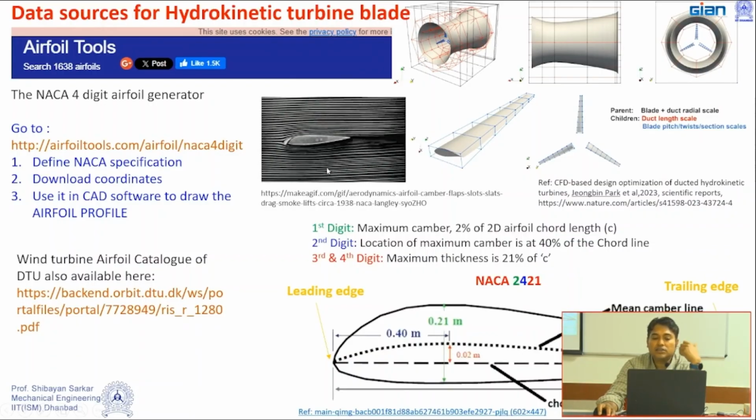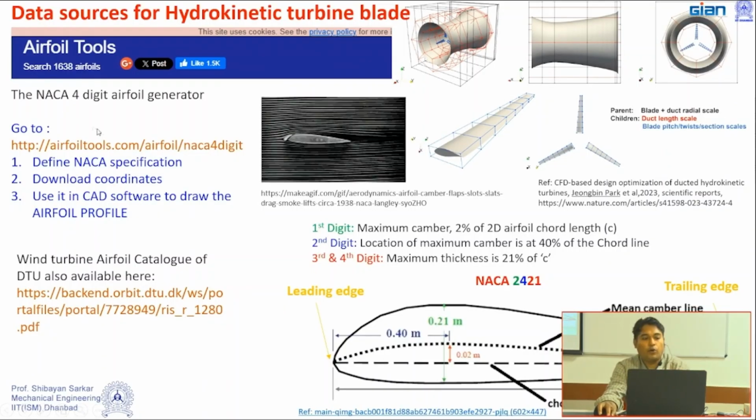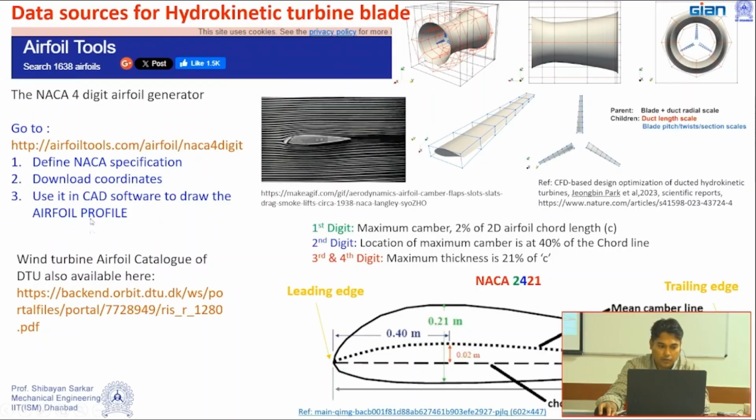For this aerofoil data, there are lots of different shapes of aerofoil. You can get this type of aerofoil data from the internet. One of the sites is the NASA site, that is the NACA aerofoil. In NACA also there are different types of aerofoil, the 4-digit NACA aerofoil. The site I have shown you here, and this aerofoil has different